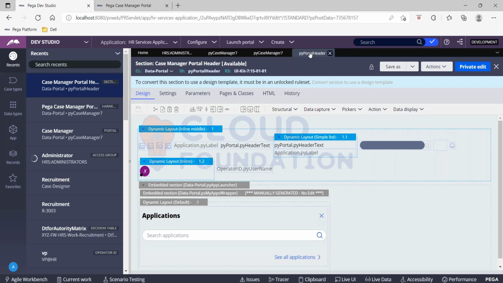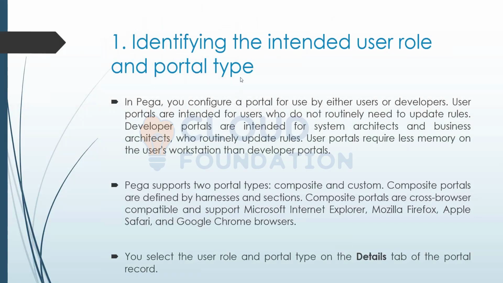Right? So now we know, in order to customize the portal, what should we look at? Right? So let us just go back. So obviously the first step is identifying the user and the portal type. Fine. The second step is going to be